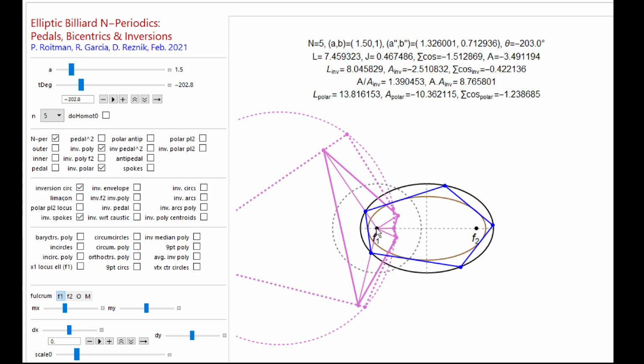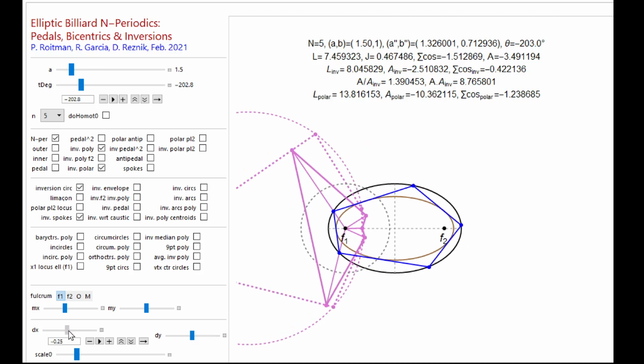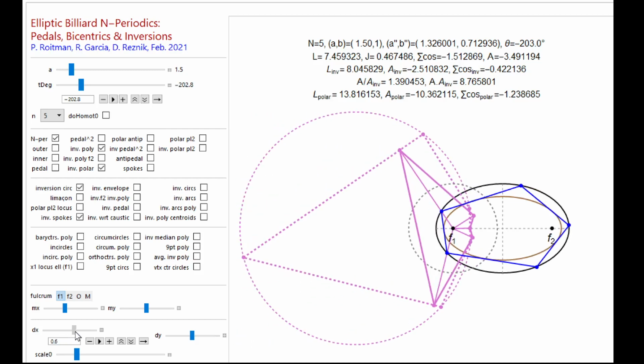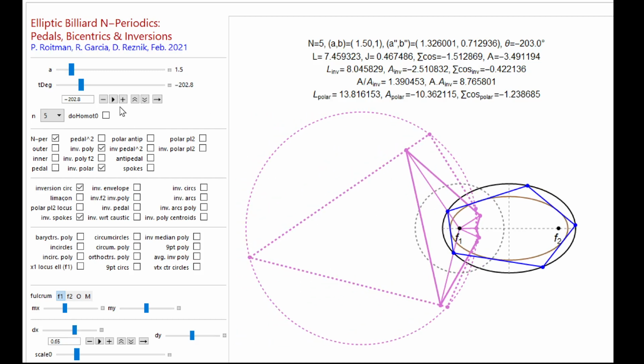So imagine running spokes or lines from F1 onto the vertices of my inversive pink polygon, and when these meet the vertices, I'm going to draw a perpendicular line here, in such a way that I'm going to compute what I'm calling here the antipodal with respect to F1 of my inversive polygon. So you can see that this antipodal polygon, which we're going to call also the polar polygon, has sidelines